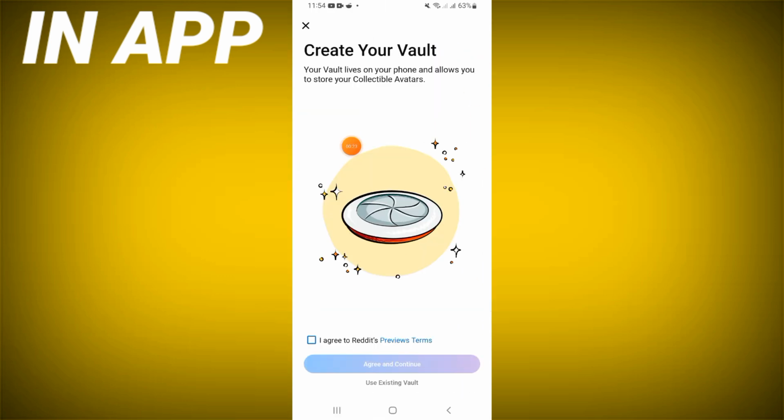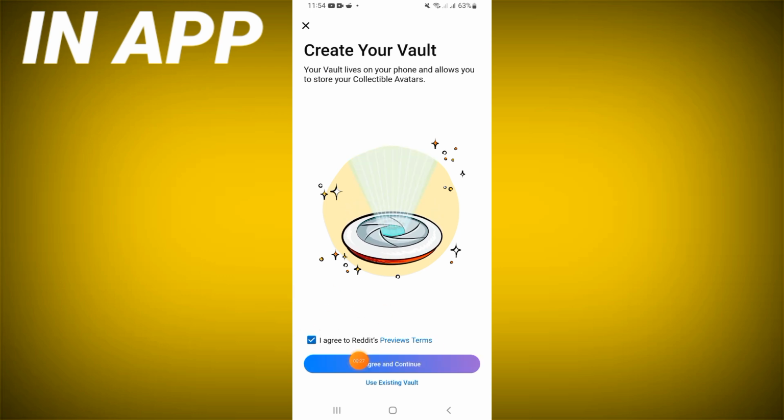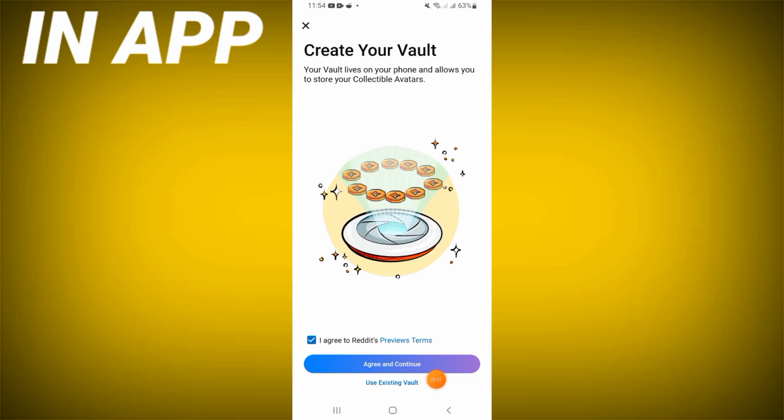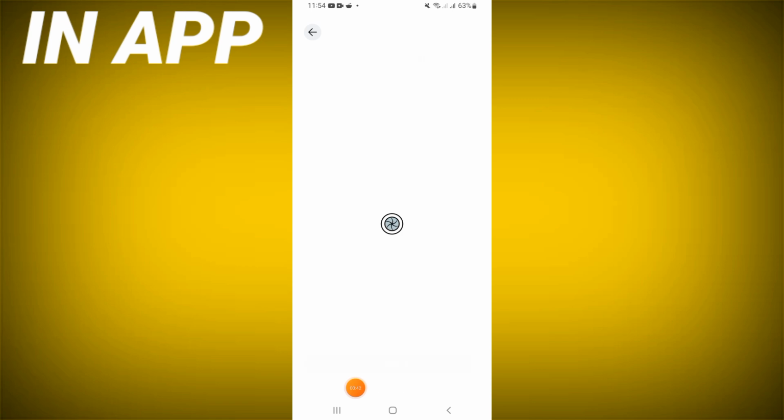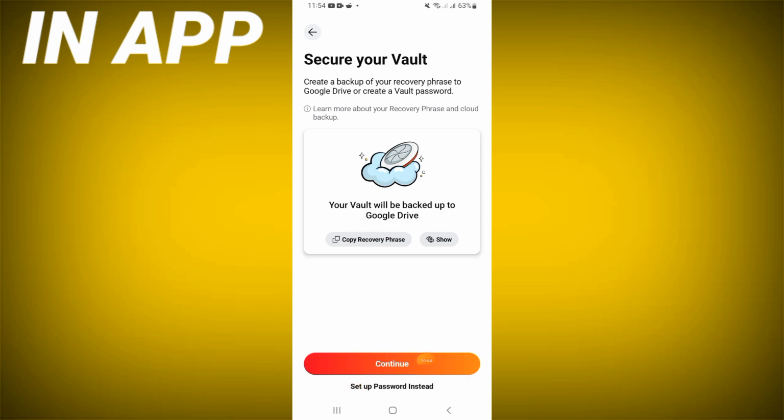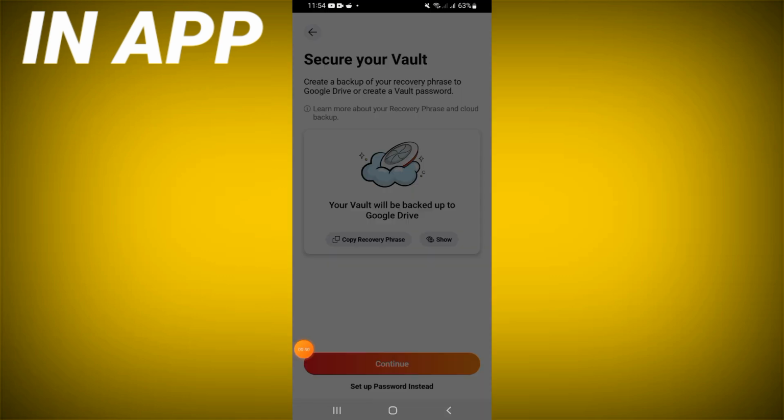So right now, create your vault, click agree and continue. If you have a vault before, just click use existing vault. For me, I don't have. I will click agree and continue and click here create your vault and click right now if you want to copy it, click here continue,